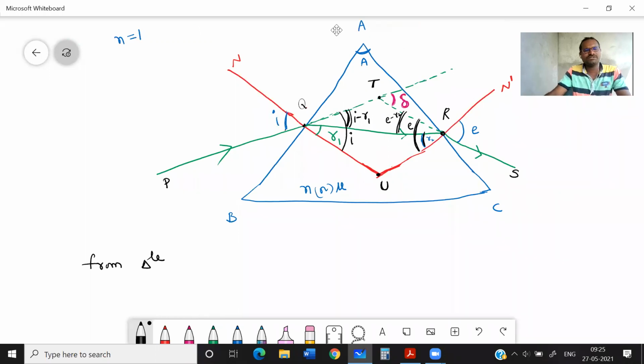How many of you understood this one? If you understand this, this derivation will be easy. Otherwise, you need to learn by heart. Why learn by heart? Any doubt in that? I'm waiting for your response. I want an answer.